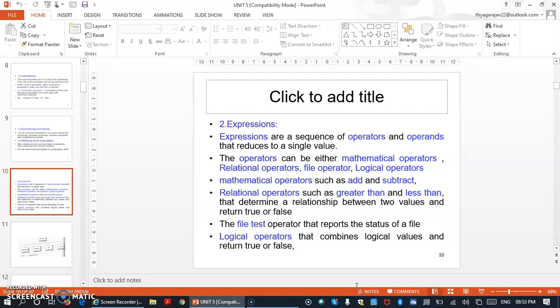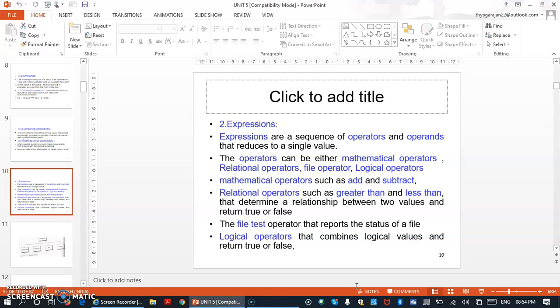I can use the add operator in between the 2 operands. I can use a subtract operator in between the 2 operands. I can use a division operator in between the 2 operands. Then coming to the relational operators, like greater than, less than, that determine the relationship between the two values.